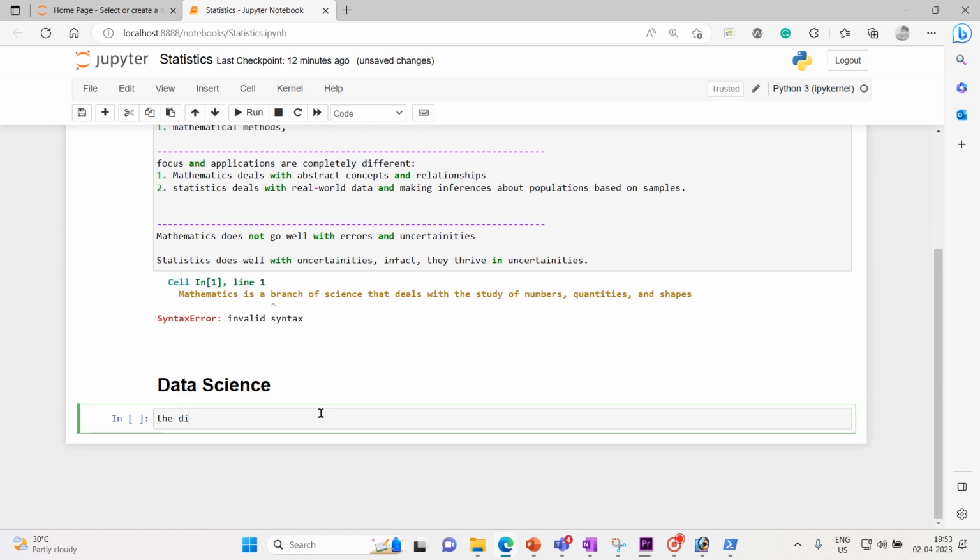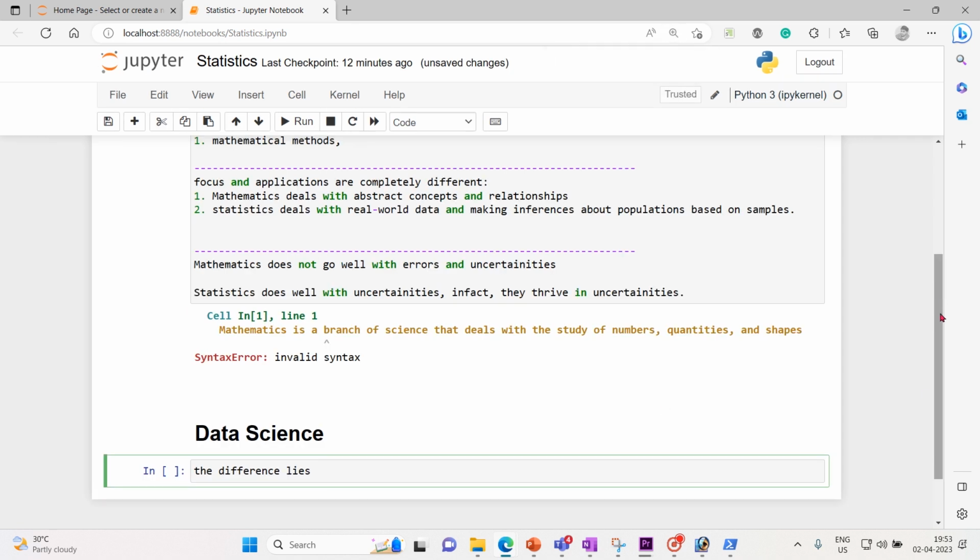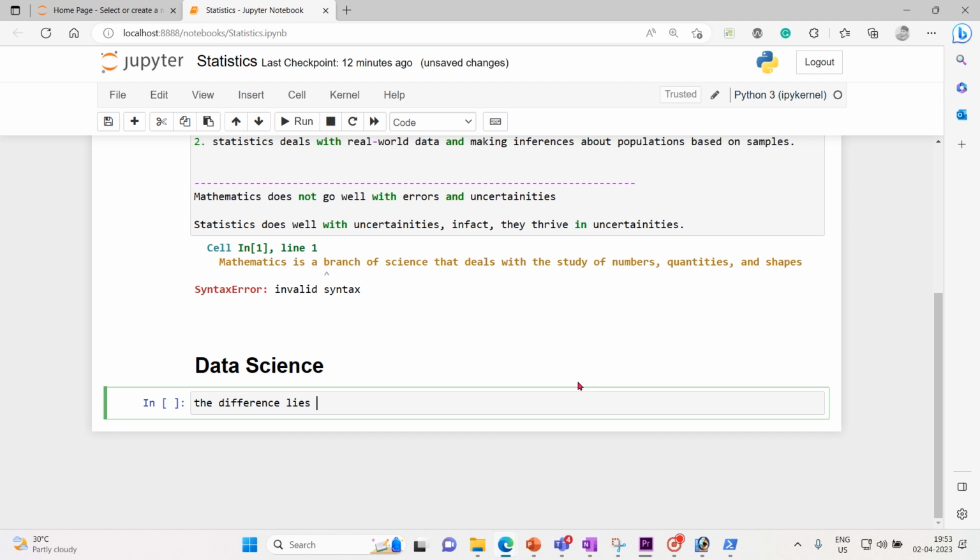The difference lies in explaining and predicting: explaining the data and predicting the data. That's the main difference.